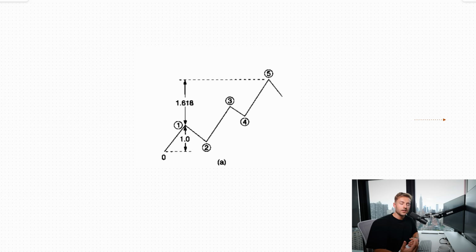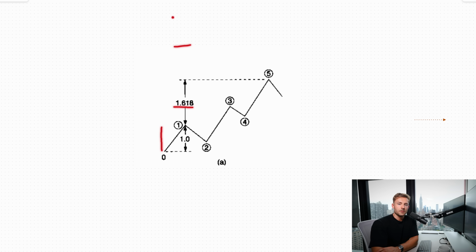And for whatever reason in the markets, because we're looking at mass human psychology, the price movement of assets is sort of working in harmony with nature. We can basically look at trend developments in terms of 1, 2, 3, 4, 5 wave patterns. All we need to do is effectively measure from the base up to that first push before a pullback. And then this tool is going to allow us to see multiples of this first initial value